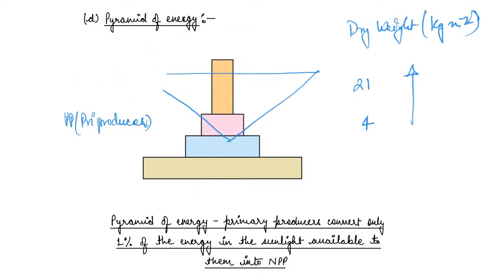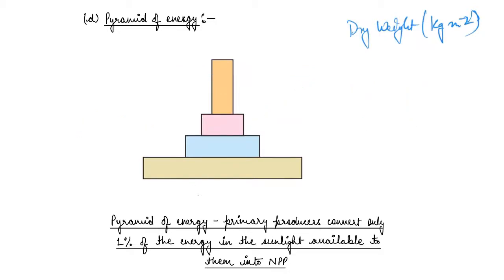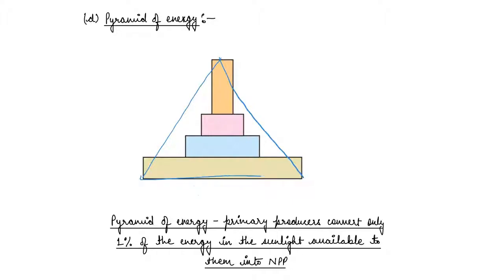Now since we started off the chapter, we were always clear that energy is going to decrease as we move towards the higher trophic levels, right? And we said that there is a 10% rule. So only 10% of the total energy is transferred towards the higher trophic level. Again, here you see a proper pyramid, right? Where the base is higher and the apex is narrower.